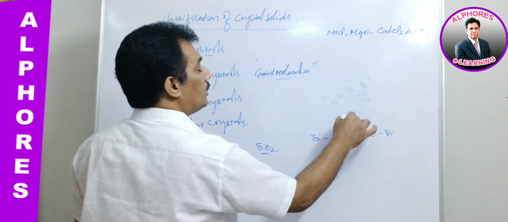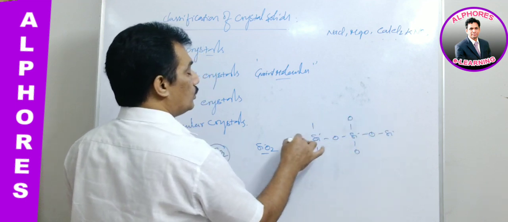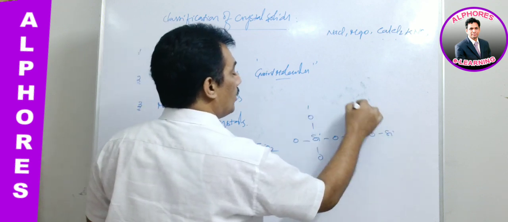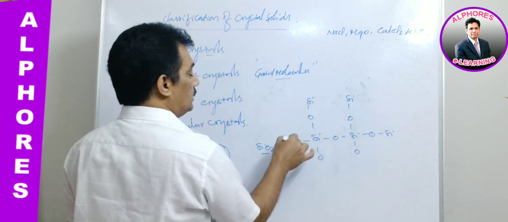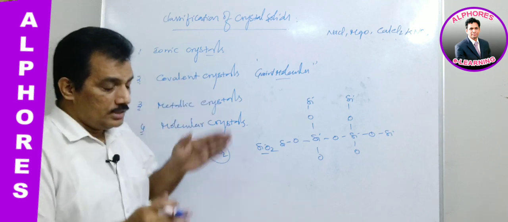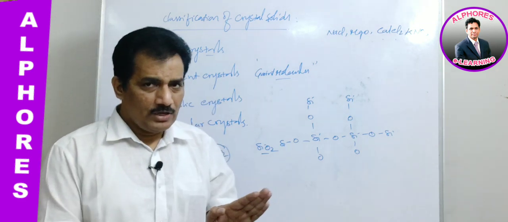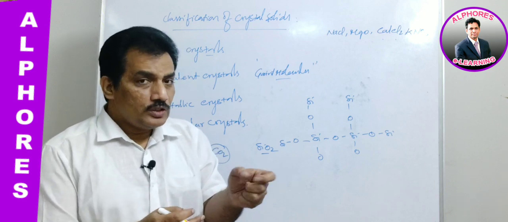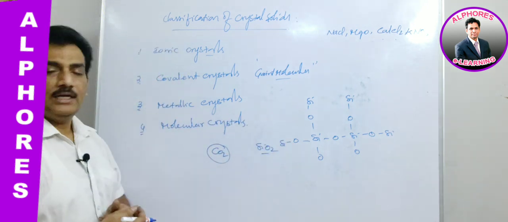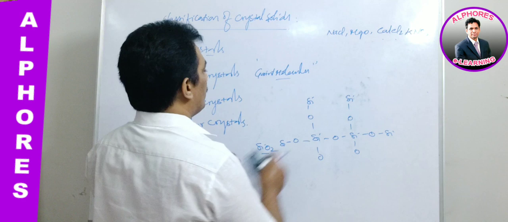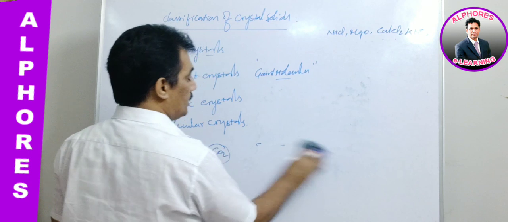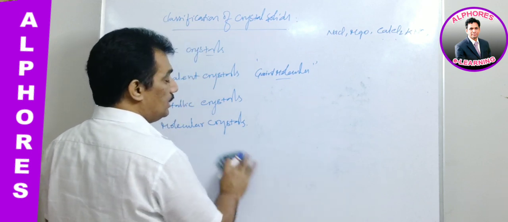If you recollect from your junior inter fourth group, it is arranged like this, in a continuous manner, bonded with others like this. It is supposed to have a giant molecular structure. Such giant molecules have covalent bonds. They do not have any ionic bond, but the individual atoms or molecules do not exist. Such compounds are considered covalent crystals. The best known examples are diamond and graphite. These two have carbon atoms, but the atoms do not exist independently in them.